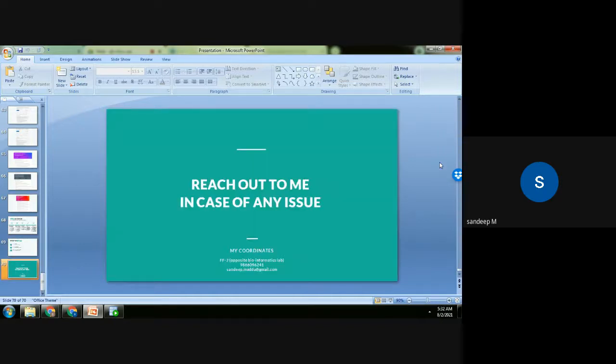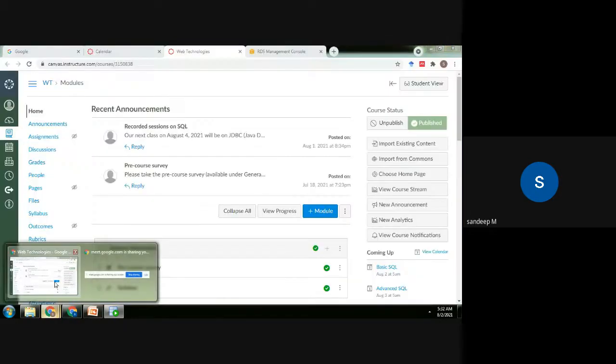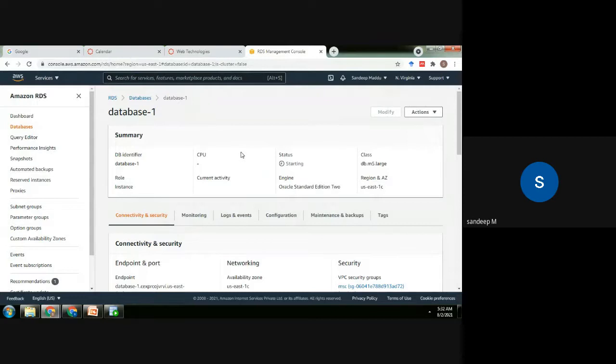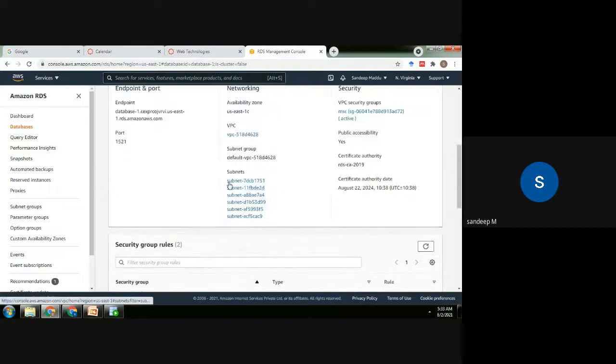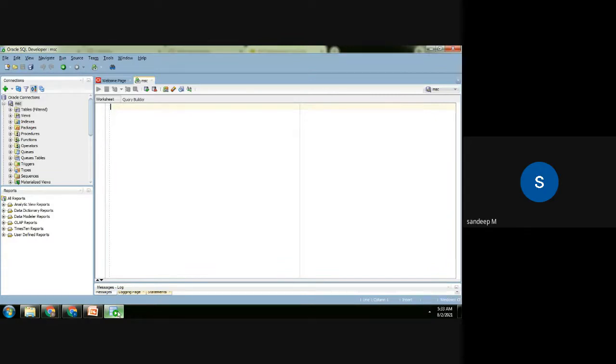In case of any issues, just contact me. And now we'll be switching to another demonstration. I have already opened up SQL Developer. I'm also connecting to a remote database. The remote database, as I told you, is in the cloud. This is Amazon RDS Cloud Computing. I have a database set up here. This is all not required for you. All you need is the connection string which I suggested earlier. You need to enter those connection parameters and you'll be connected to the database. Right now I'm connected to the database.